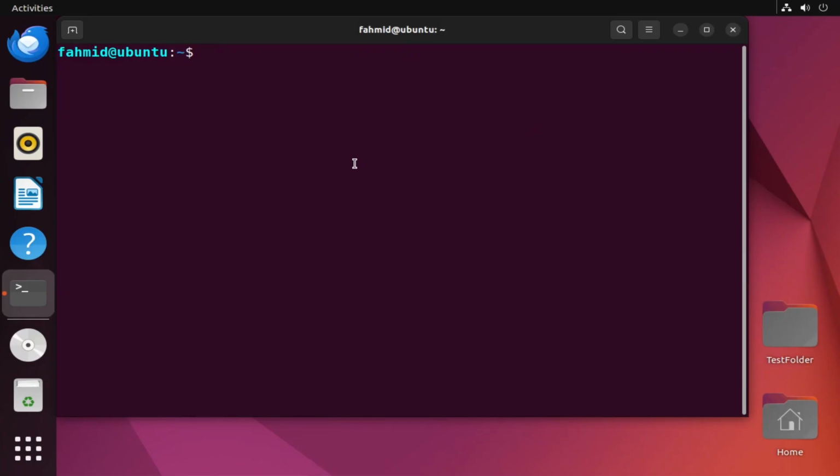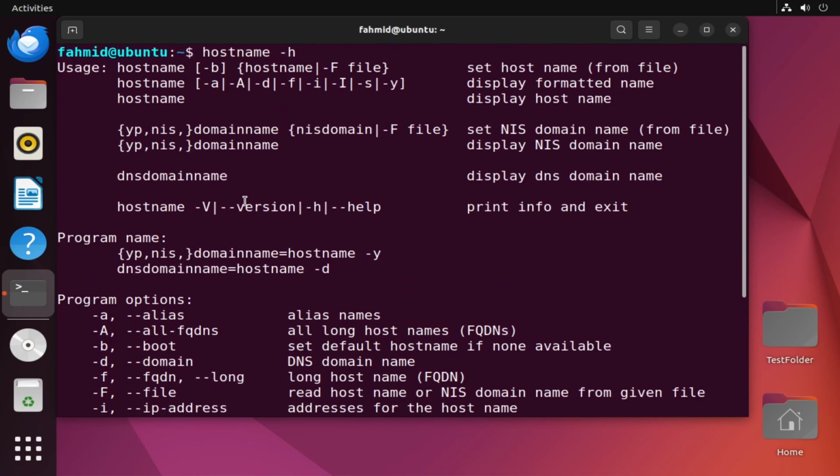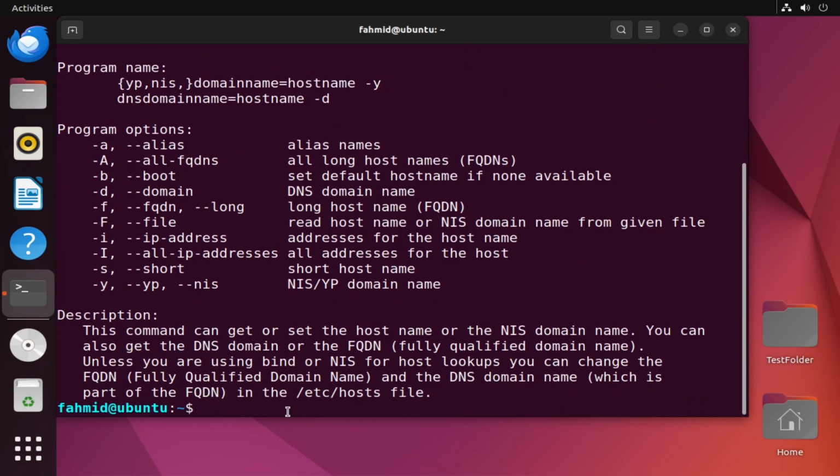In example 11, I will show you how to display the help page of the hostname command. So let's see how it works. For this, you have to type the following command. It displays the help page for the hostname command. Now there is an alternative option which is